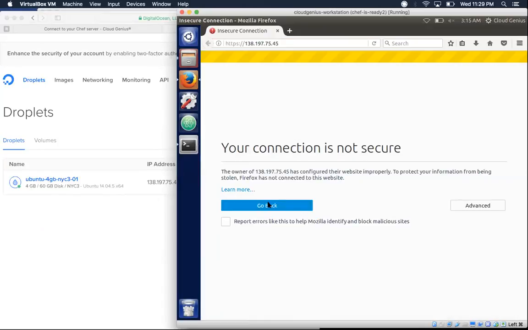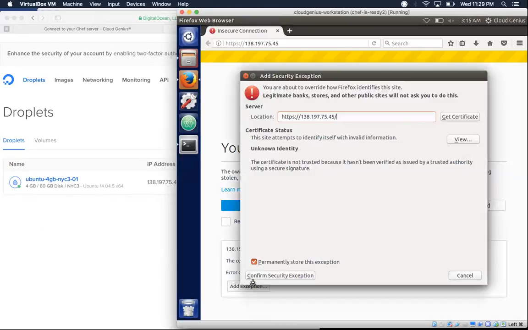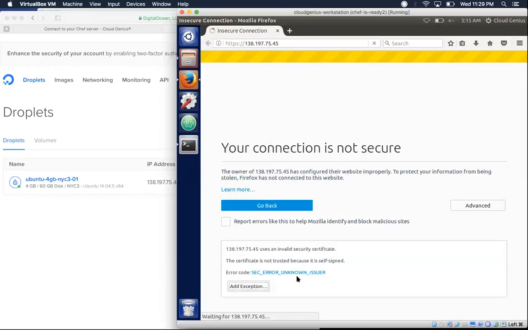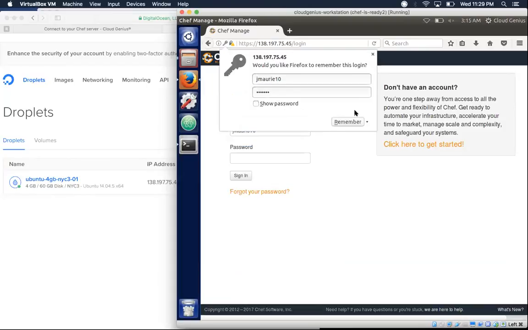So advanced, no, not go back, advanced, and say, yeah, add exception. I know it is invalid, but whatever. Say confirm security exception. And now you sign in using J. Morris and your password, whatever that was. And